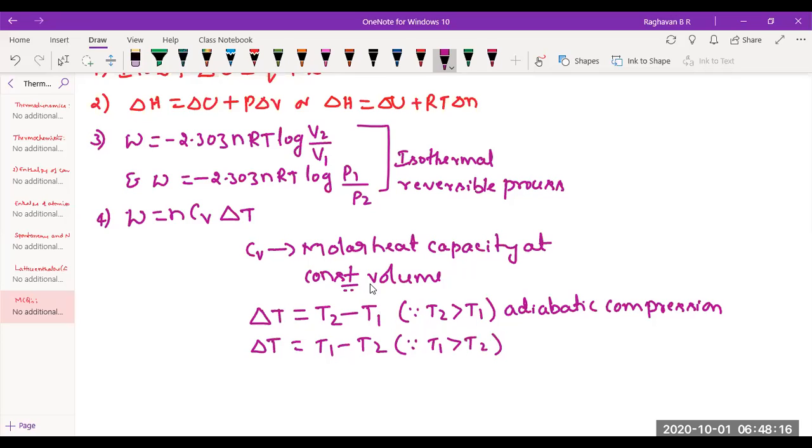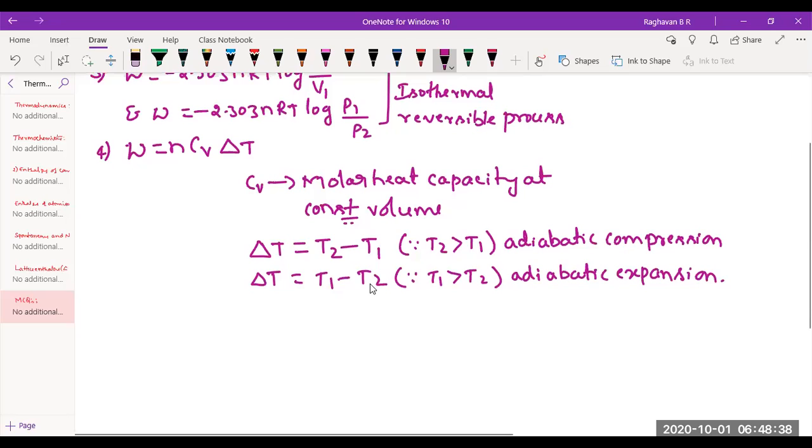So when would that happen? When it is adiabatic expansion. During adiabatic expansion, the system does the work. Internal energy is utilized for that. So when internal energy decreases, temperature decreases. So the final temperature will be less than the initial temperature. We'll do that. Then for a process at constant pressure, we can use this equation: W is equal to minus P external into delta V.